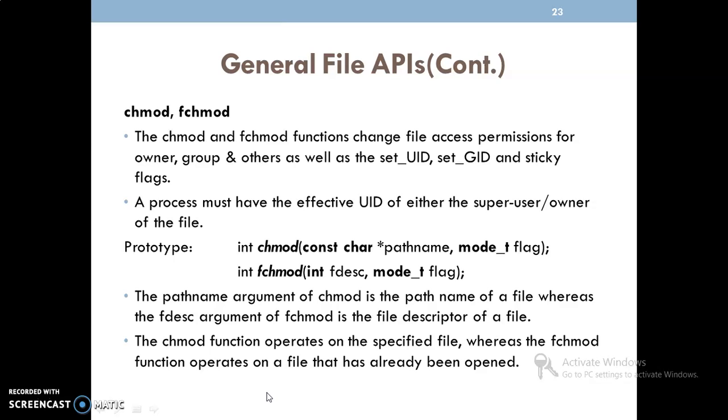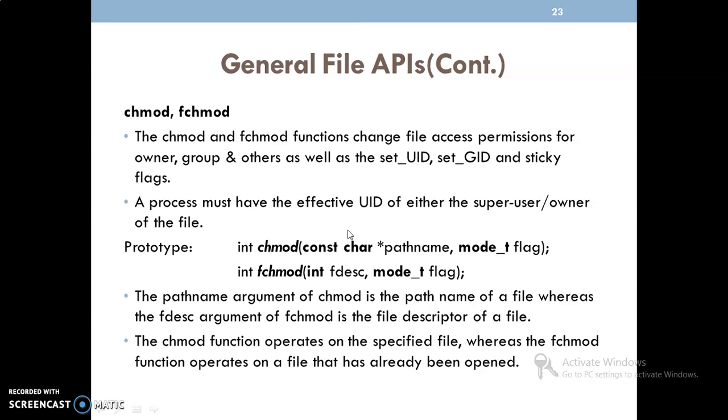The chmod and fchmod functions change the file access permission for owner, group and others, and also set the user ID, group ID and sticky flags. The process must have an effective user ID of either the super user or the owner of the file. Whenever the process wants to change permissions, its effective user ID must match the super user or the owner of the file; then only are we able to change the permission.